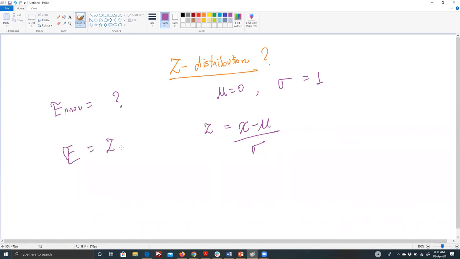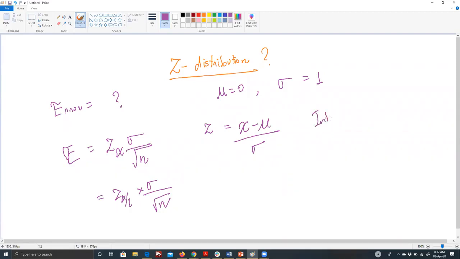Z alpha by 2 is only applicable when you are dealing with two-tail. Otherwise, you can just write alpha and go ahead with it. But yes, if it is two-tailed, you should write alpha by 2. Square root. Okay, so the interval estimate is,